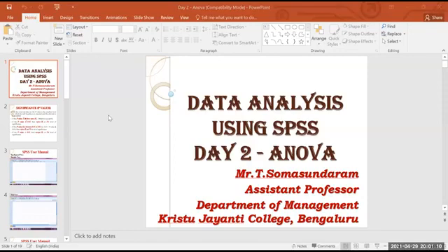Is greater than 0.05, when it is less than, it should be rejected. When it is greater than 0.05, it should be accepted. And then I just explained how the SPSS window will look. Manual, okay, how the windows will look like, a variable view and then a data view.